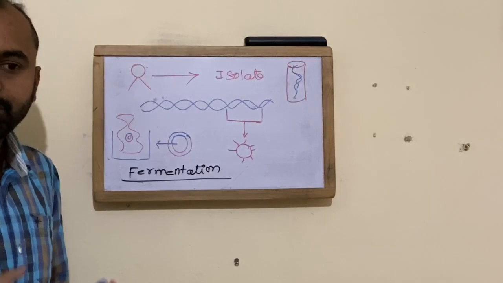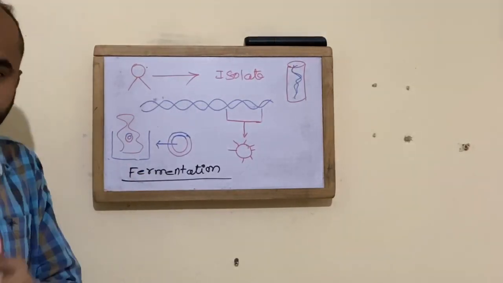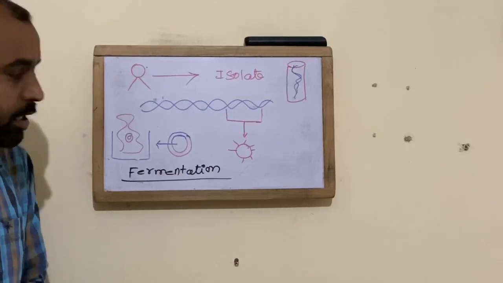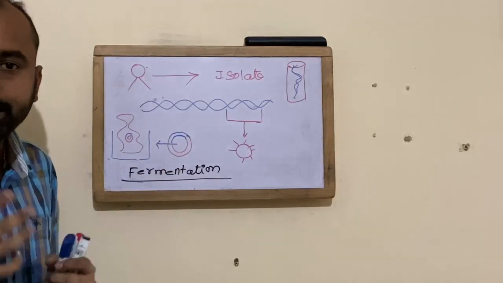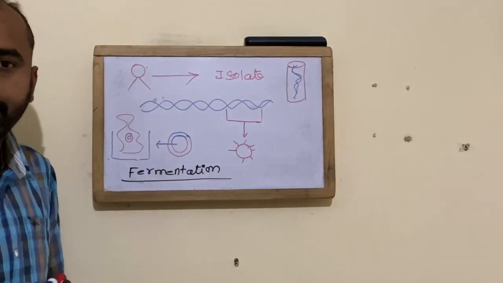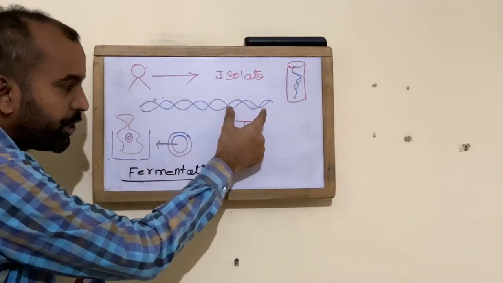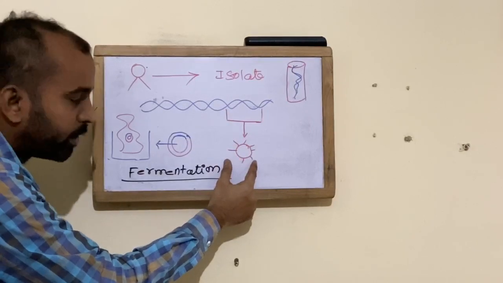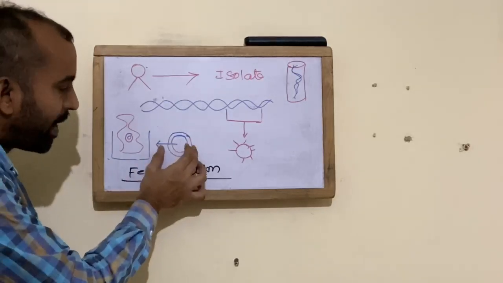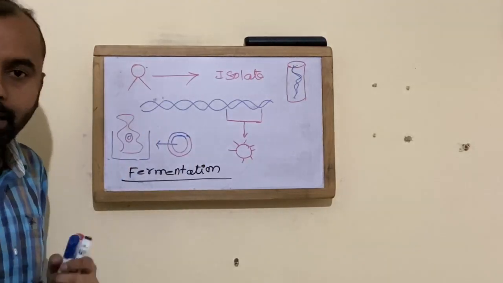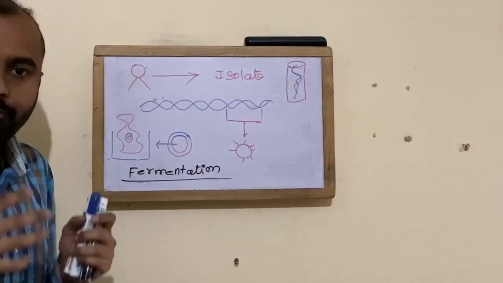What is a vector? Which transfers from one individual to another individual or from one host to another host for the process of multiplication. For that I have chosen the plasmid. What is a plasmid? Plasmid is a double stranded DNA which can multiply very fast. So now this portion of genome which is responsible for spike protein is inserted into a vector, that is a plasmid. Now this plasmid can multiply very fast and it can even act as a vector from one host to